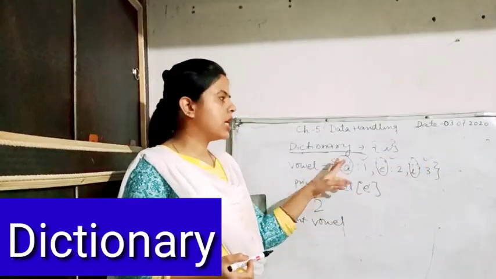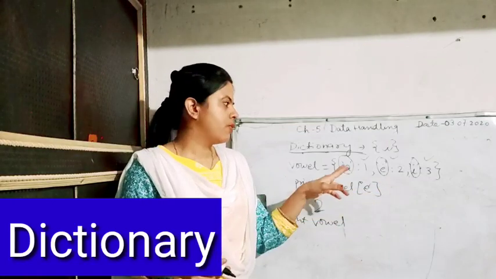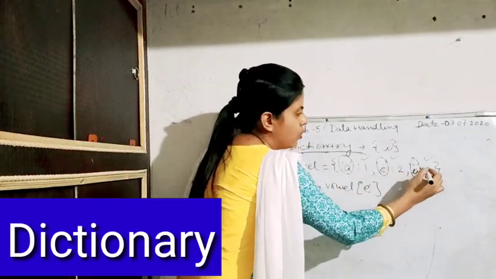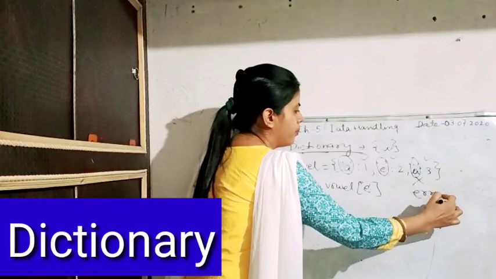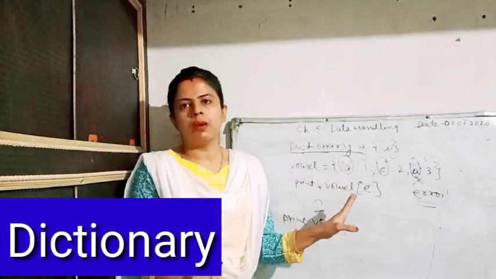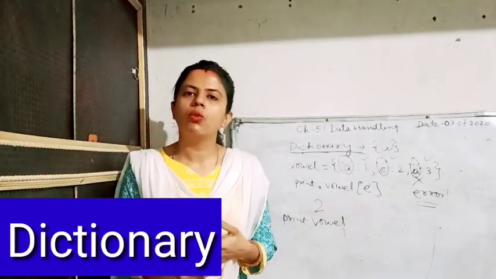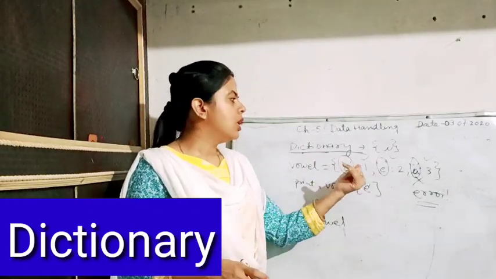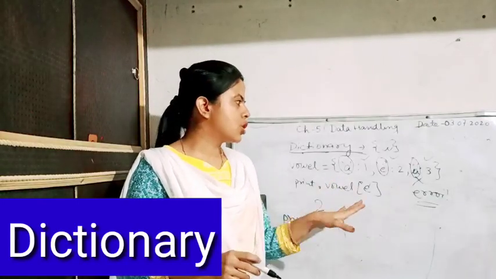Now one more thing: the keys of a dictionary cannot be duplicated. Suppose you have written A and the value is 1, you cannot write A with value 3 as well. It will not create a dictionary, it gives you an error here. But the values can be the same. As in a dictionary there are different words with the same meaning, keys cannot be replicated. However, the values can be the same. Okay, this is how a dictionary works.